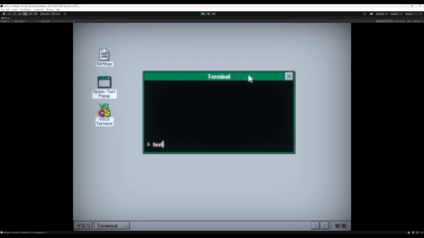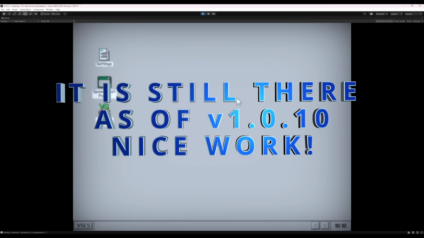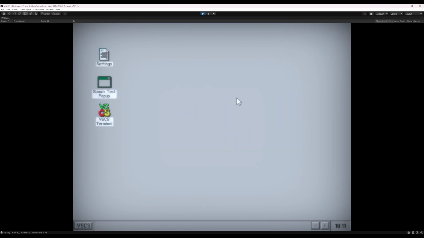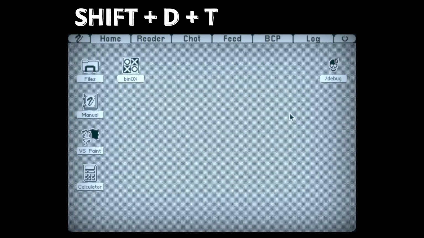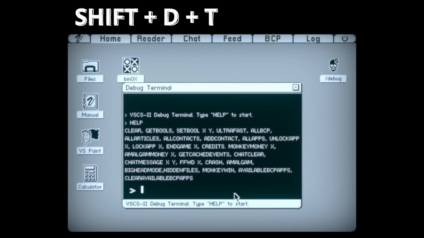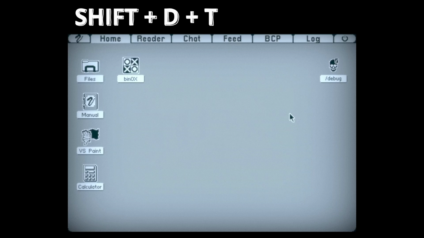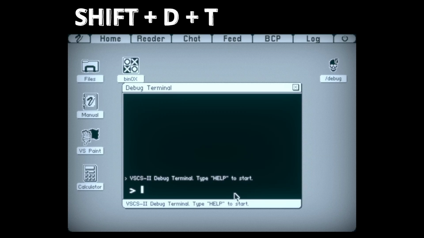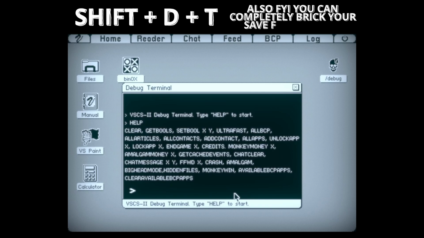Fun fact, there is a terminal in VSCS-II. I think it might actually be in the final builds of the game. I don't think I ever removed it, but you can access it from the desktop of the game by pressing, what is it? It's a little Easter egg for anybody who listened this far. If you go into VSCS-II, and I think you hold down Control, then hold down D, and then press B, I think Debug, or D and T for Debug Terminal. I could be wrong. Apologies if that's incorrect and you go try to do it and it doesn't work, but it'll spawn an icon on the desktop that is the developer debug terminal.